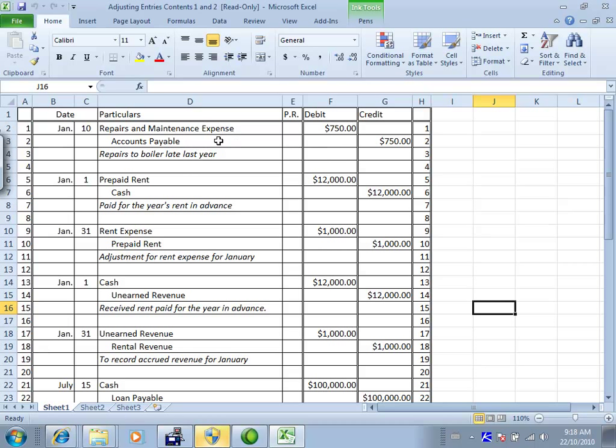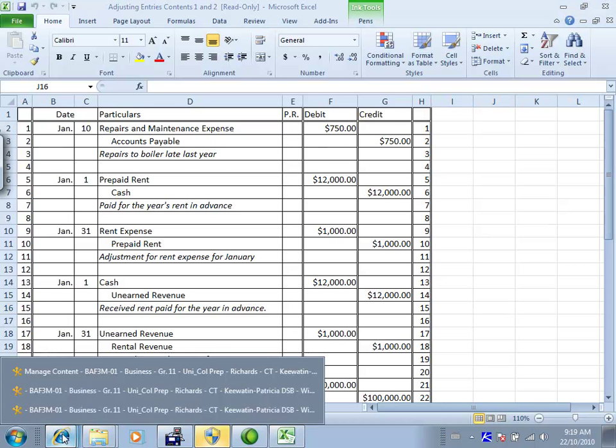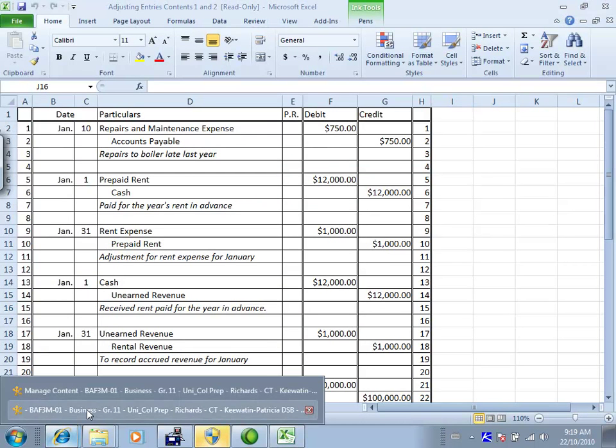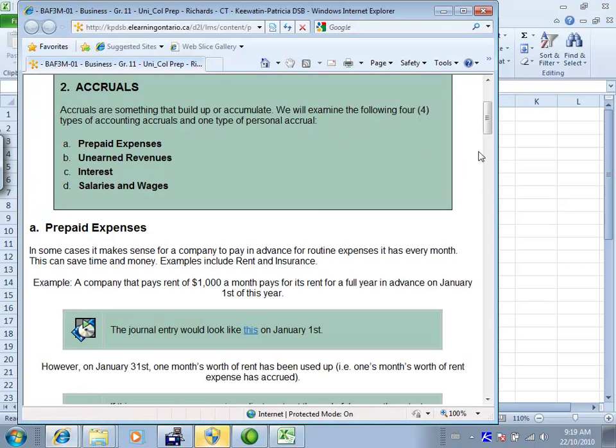Now that's really the same kind of entry as though it were done last year. If the work had been done December 29th and you received the invoice on December 30th, for example, then that could have actually been included in last year's statements. So that's the only example from the first content. If we go to the next one,